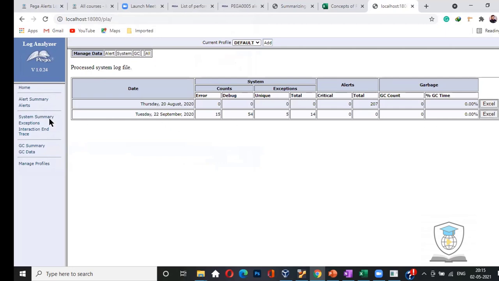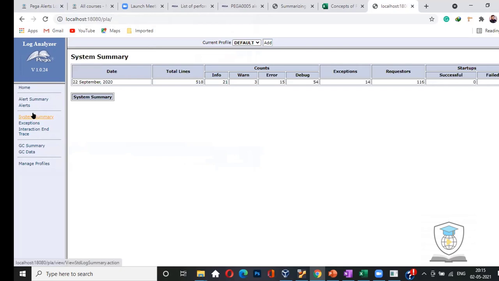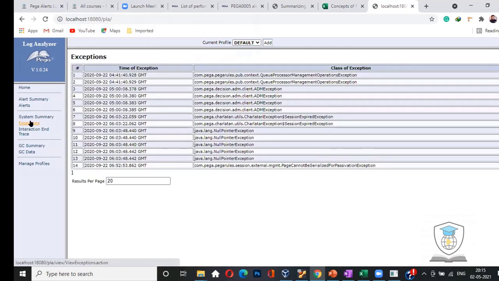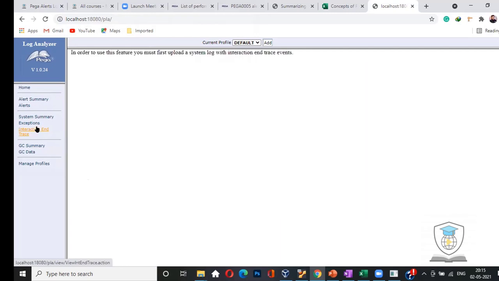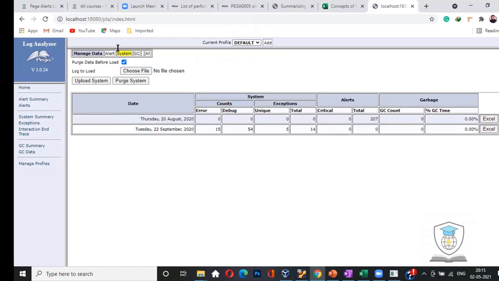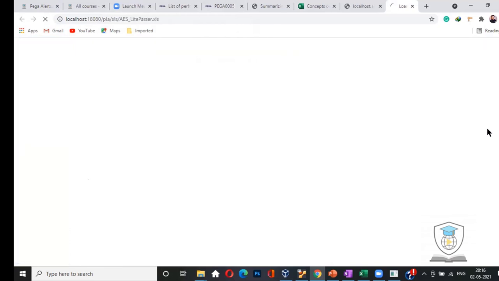If you want to see the system summary, it will show you the summary information. It will show you this exception. This is a garbage collection summary. This is quite an old tool basically. So I'm going home and downloading this September Excel sheet.